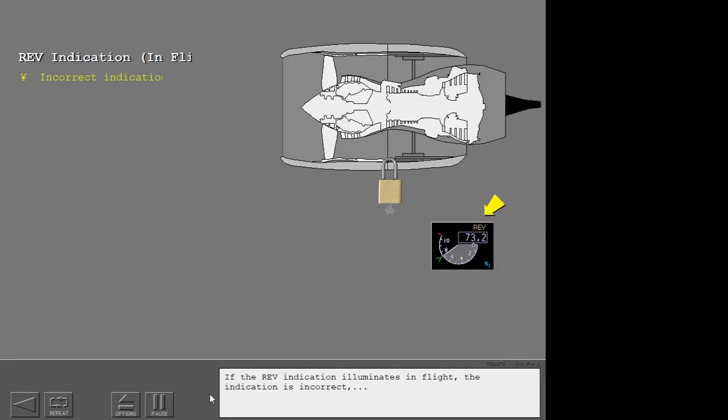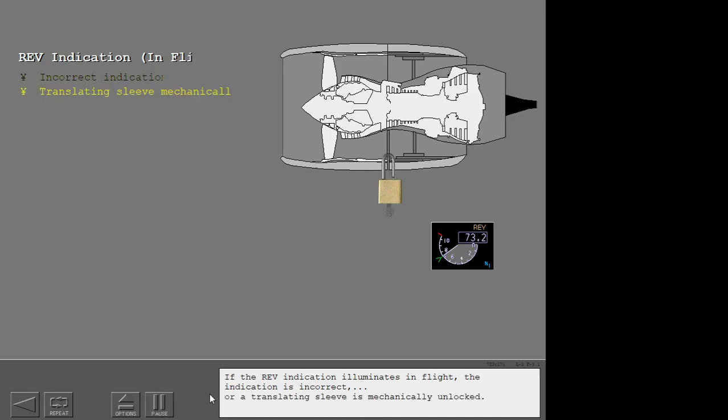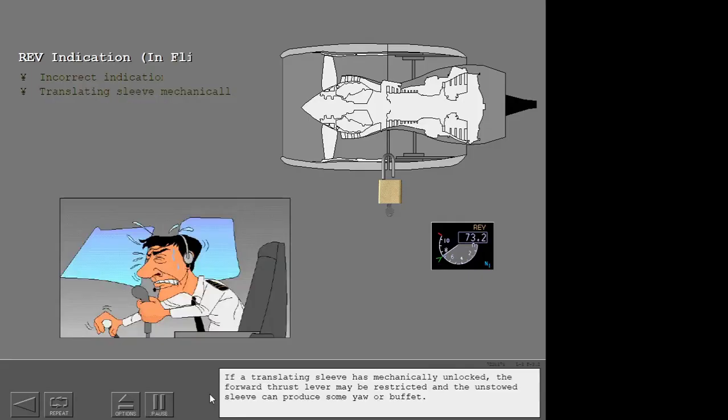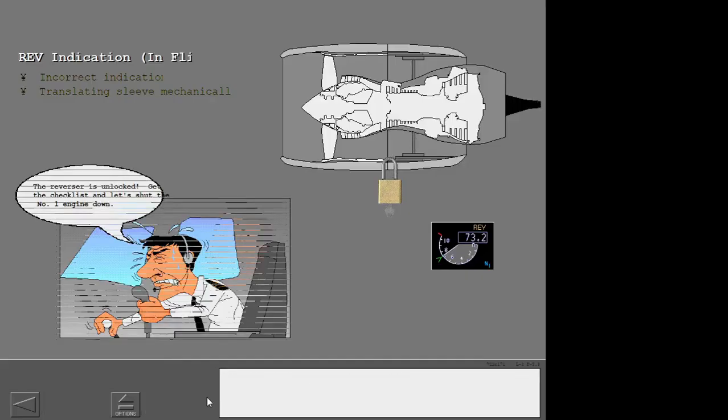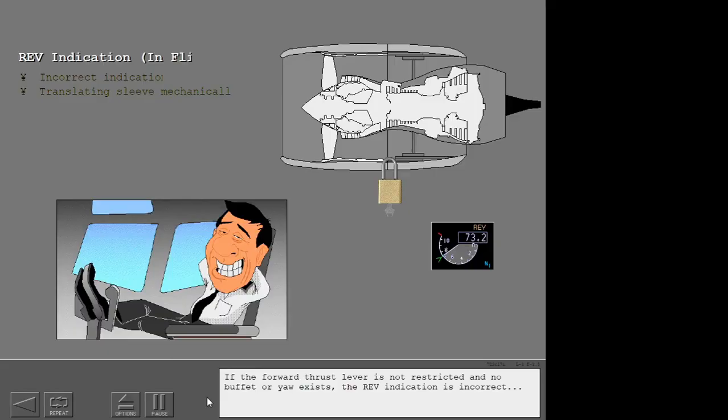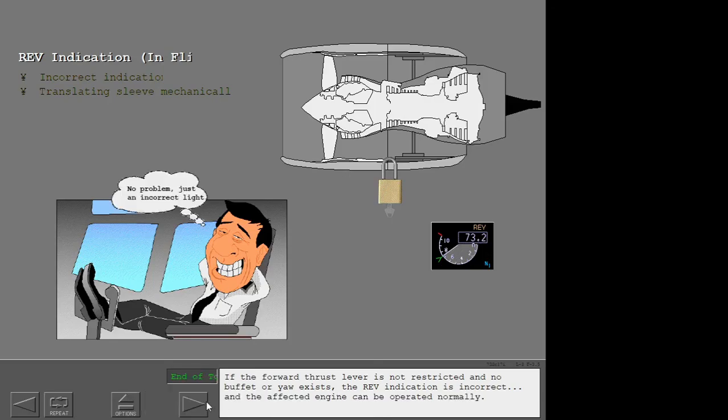If the reverser indication illuminates in flight, the indication is incorrect, or a translating sleeve is mechanically unlocked. If a translating sleeve has mechanically unlocked, the forward thrust lever may be restricted, and the unstowed sleeve can produce some yaw or buffet. The affected engine must be shut down. If the forward thrust lever is not restricted and no buffet or yaw exists, the reverser indication is incorrect, and the affected engine can be operated